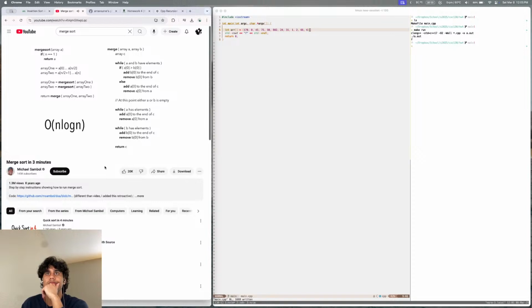Merge sort has a worst case time complexity of big O of n times log n. The easiest way to think about it is to start with the merge step. Looking at the while loop, we see we have to visit n items. The log n comes from the maximum height of the binary tree we create, which is on the order of log n.